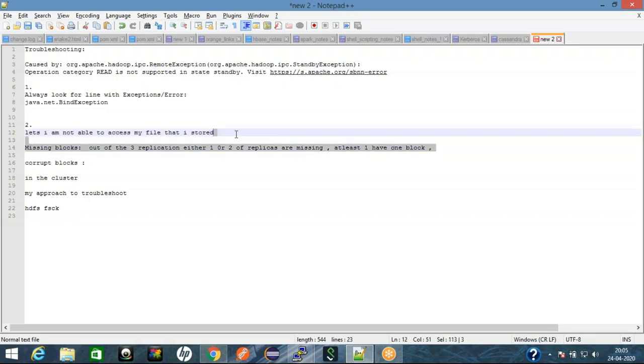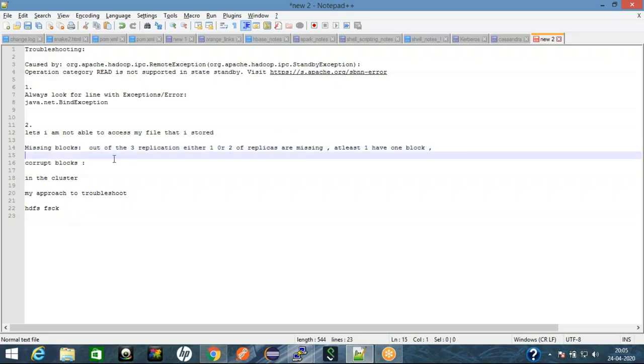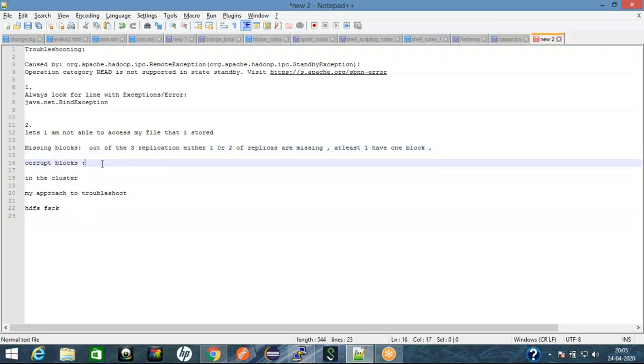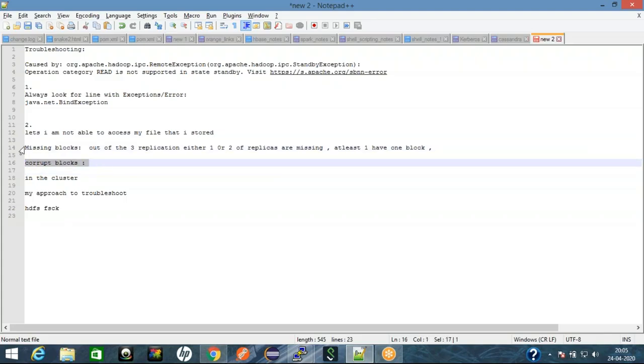So it's not likely that it's a missing block. Now let's say what happens in a corrupt block. In a corrupt block, all of these 3 replicas, or let's say even the file location or something in between that, is missing, or it's not coherent with the file system. So that means this category will most likely fall in the corrupt block scenario, which may include missing block scenarios